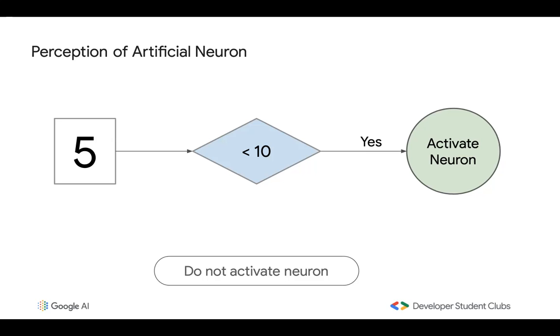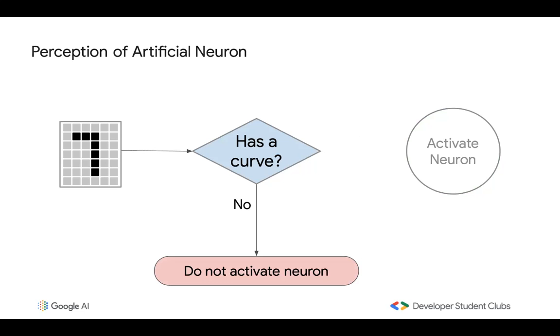Another example of artificial neurons would be this one here, that is part of a computer system that's used to detect numbers. So say you input this digital image of a 7 into this neuron. This neuron's activation function is it's learned to check if an image like this has curves or not. This input doesn't have curves because the 7 over here is composed of straight lines. So it fails to pass the test. This neuron doesn't get triggered, so this neuron stays off in the neural network model.